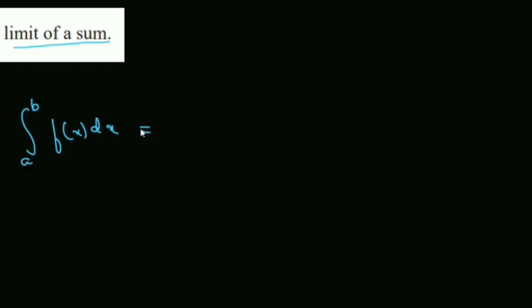So, first we should write the formula. Please listen. The formula to find the integral from a to b of f of x. This is a definite integral. This is also called Riemann's integral. Riemann's sum was developed by the mathematician Riemann. So the formula is the limit of the sum, the limit of the Riemann sum. So limit n tends to infinity, b minus a by n.